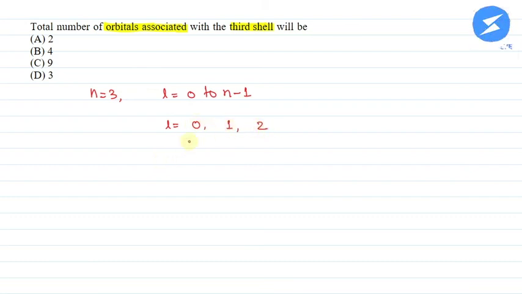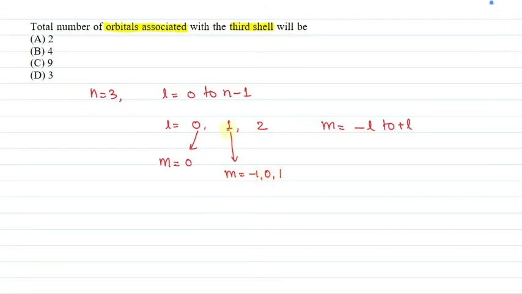And when l is 0, then we will find m. m is minus l to plus l. The value of m, which indicates the number of orbitals, is minus l to plus l. So for l equals 0, m will be equal to minus 0 to plus 0, there is 0 only. And for l equals 1, the value of m will be equal to minus 1, 0 and